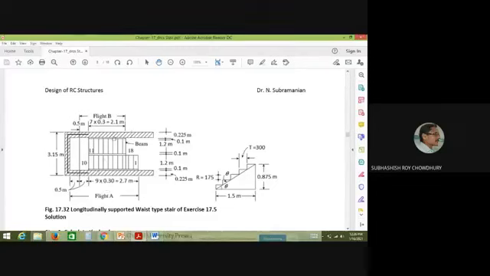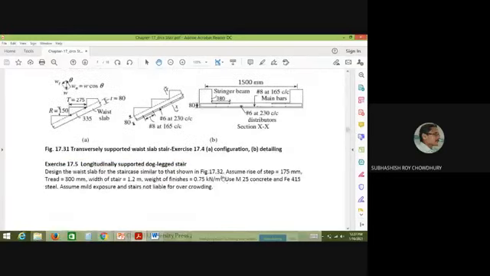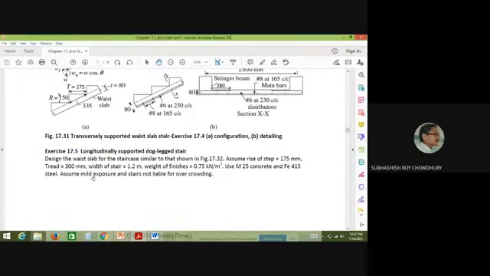This is called the geometrical general arrangement of stair. I think you have already done this one in your earlier course. So what should be the tread? What should be the height, the rise? Then if the number of risers is say n, then the number of treads will be n-1. So from that, you will be able to find out the inclined length of the going part, etc. Let me tell you that these are the tread, stair width, everything is given.